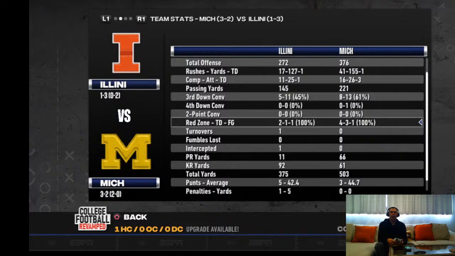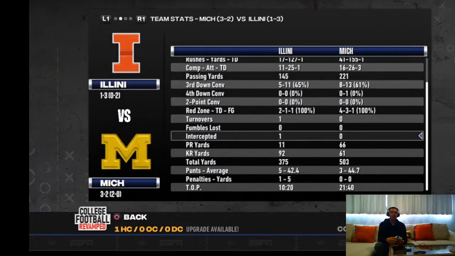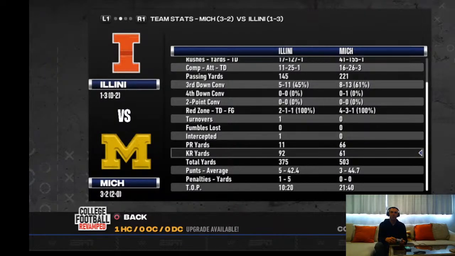So, turnovers, they had 1. Oh, this is cool. My first user interception at safety, I think, in all of NCAA 14. I don't think I ever had one, but it was in the fourth quarter, and I felt the adrenaline. I saw the guy and thought, he's kind of open, but I'm right with him. And he threw it, and as soon as he threw it, I'm like, I'm getting this, and interception. It was awesome. It felt so cool, and I had maybe a 6 or 7 yard return on it. It felt very realistic. I was pretty pumped up when I picked that ball off, and it was full user coverage the whole way. Very cool, so I'm getting a little better at safety.